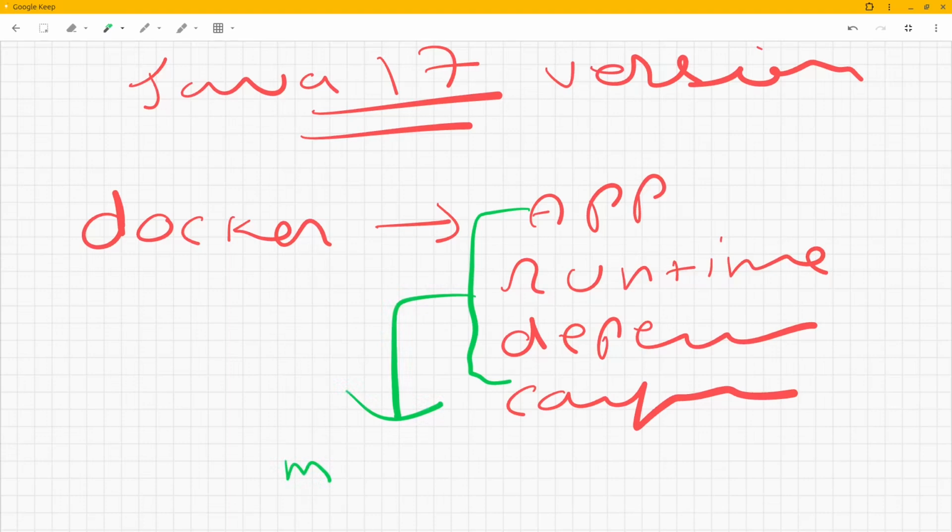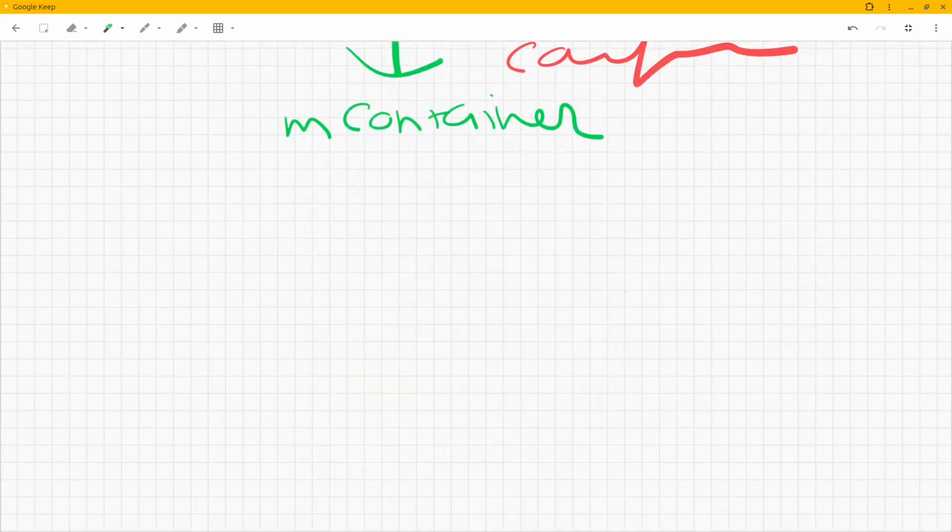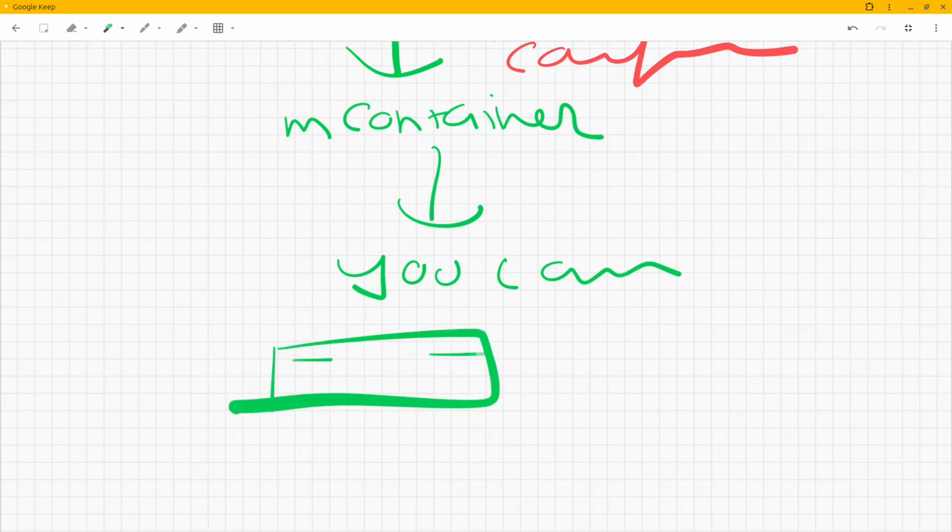So once you share this container that Docker has made for you, your friend just needs to run this container with the help of the docker run command, and that's it. The application starts working. Why? Because what does the application need to run?